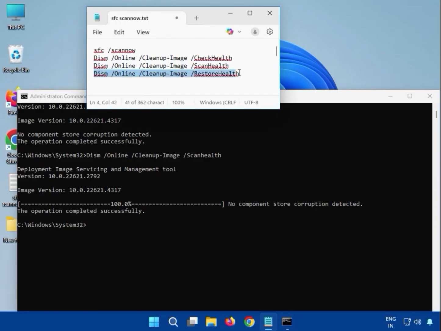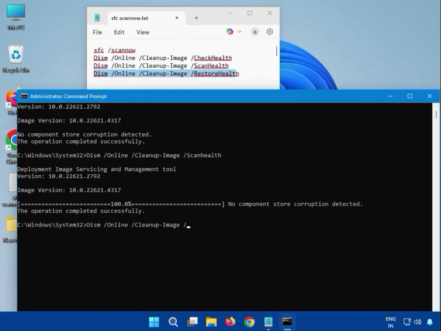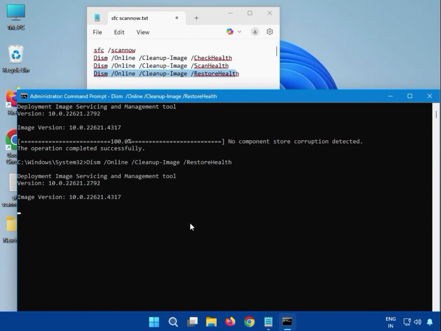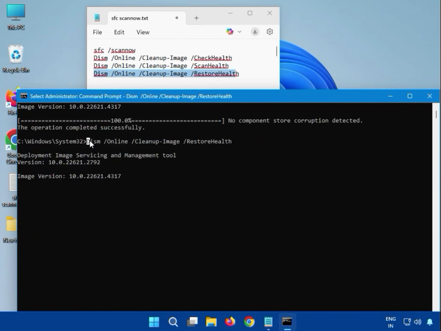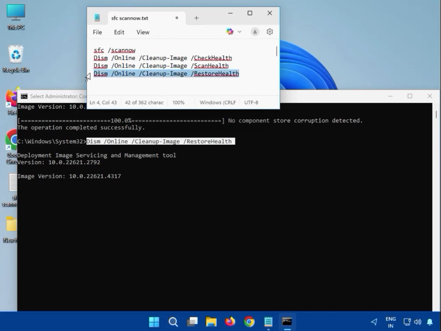Then guys, fourth one, which is restore health. You can see here, we can enter like DISM and all. And please note small and capital. Okay, restore health, and then hit enter. Again, guys, you have to wait. Okay, it starts the percentage. It will complete. After that, you can see here